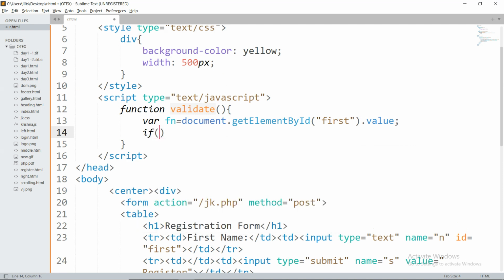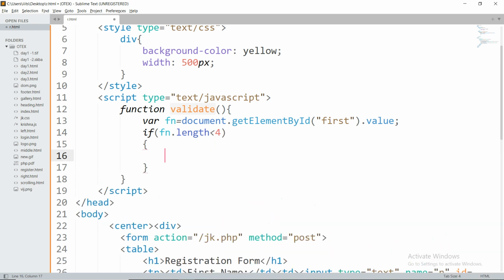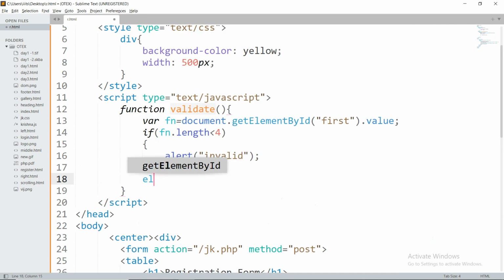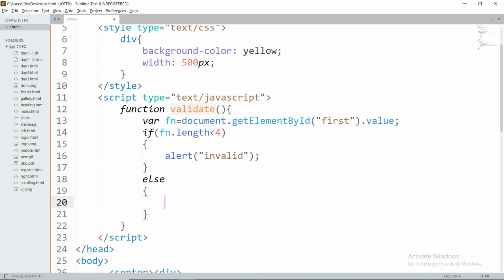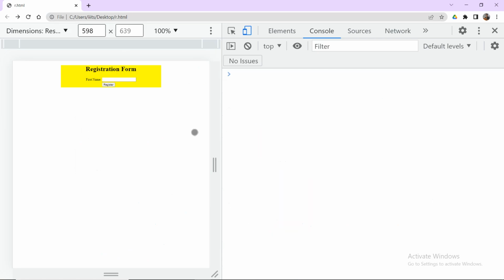Now, if this value length is less than 4, I can say that it is invalid. Otherwise, I can say that it is valid. Okay, guys. Now, if I refresh,